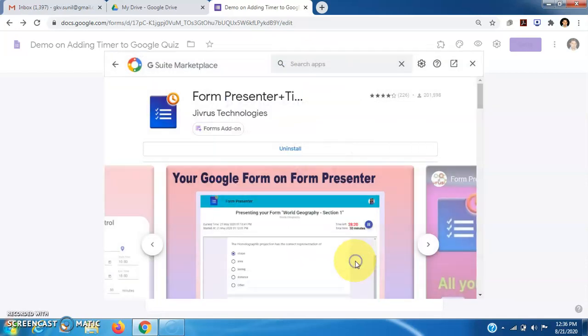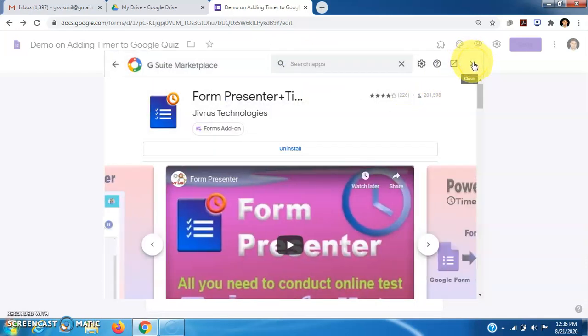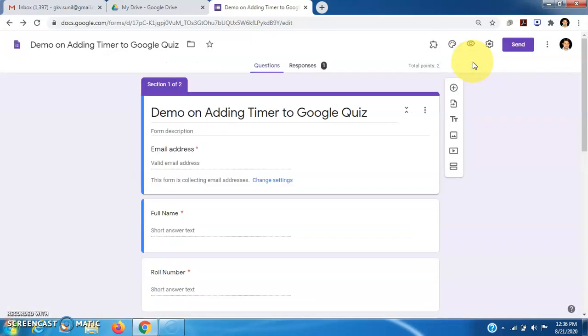Now it is installed to our Google Drive. We have to install it only once and we can use it in any of our quizzes. I just close it.